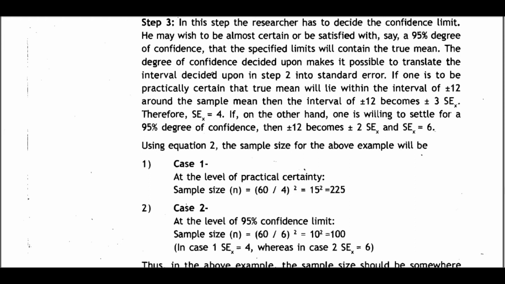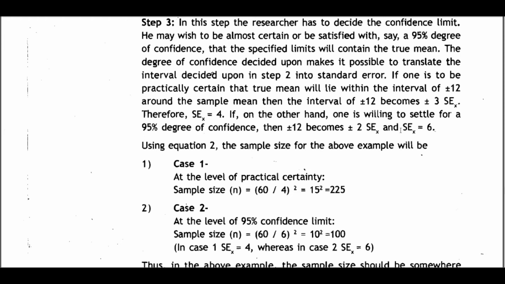If one is to be practically certain that the true mean will lie within the interval of plus or minus 12 around the sample mean, then the interval of plus or minus 12 becomes plus or minus 3 SE, or SE is equal to 4. If on the other hand one is willing to settle for 95 degree of confidence, then plus or minus 12 becomes plus or minus 2